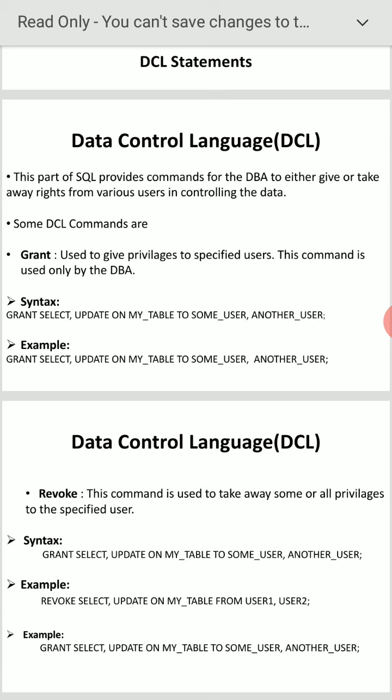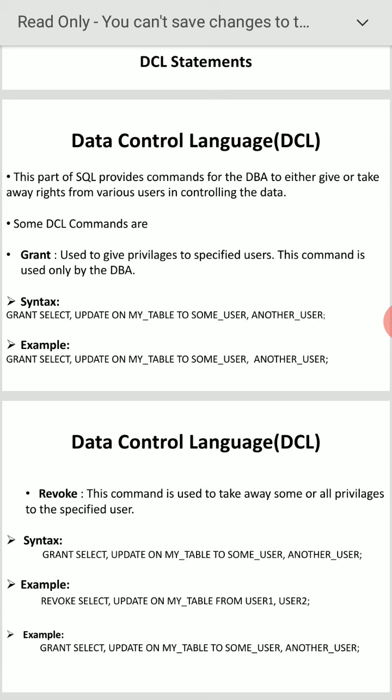Here it is reversed: the user gives the permission back to the DBA. This command is used to take away some or all privileges from the specified users. It is useful to take back permission from the user. Here, the user also has permissions and the DBA also has permissions. Sometimes the DBA has to give the permission to the user, sometimes the user has to give the permission to the DBA. Revoke means revert, opposite.